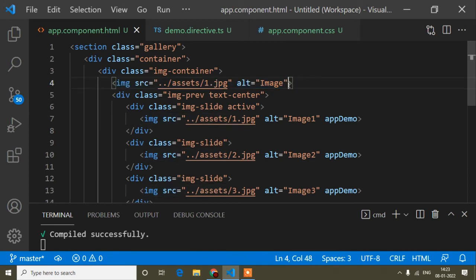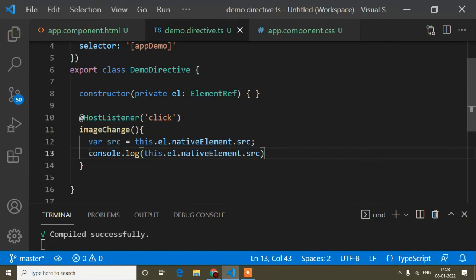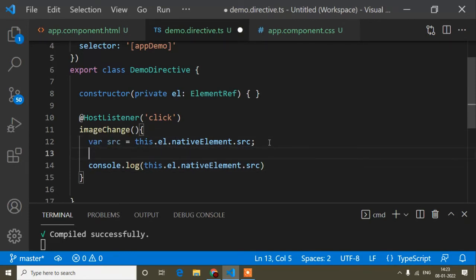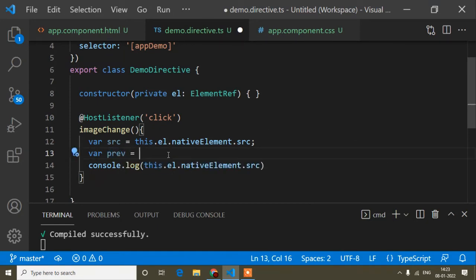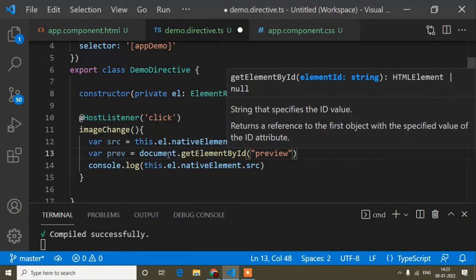And now guys, I will go to the HTML file, and here this image which is displaying, so here I will just write an ID. So ID name I will write preview. Okay, this one, save. And now I will copy this ID and just here I will write a variable, and the variable name I will write this one, but the variable name you can write anything. And now document dot get element by ID, like this.